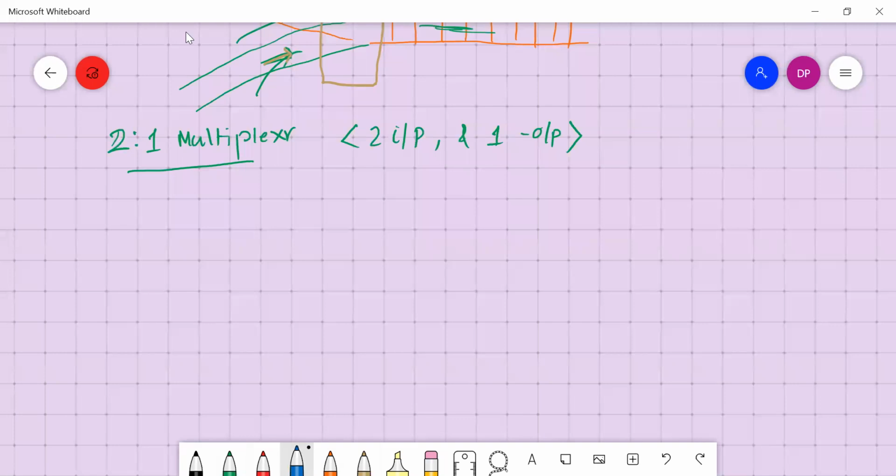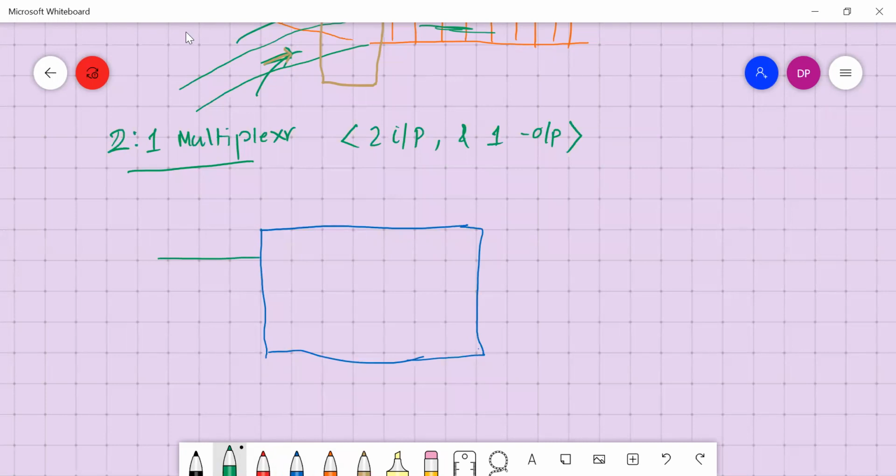Let me take a black box. I have two inputs over here. One is D0, and I have another input called D1.